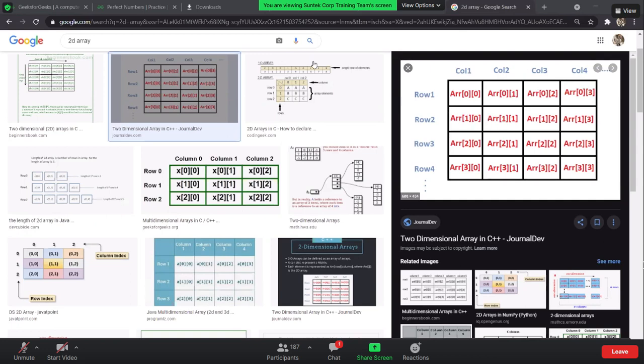So how many ways can I reach over here? This is basically 2. The one is from here, the other one is from here. Let's think about the code.